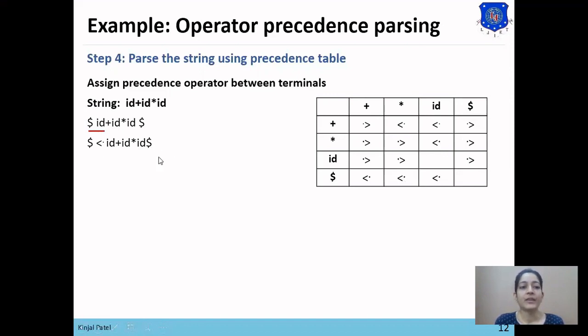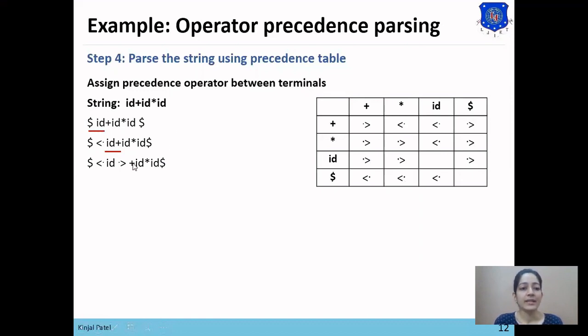Now we want to establish the relation between id and plus. To establish it, we will check the symbol here, and it is greater than. So we'll place the greater than relation between id and plus.